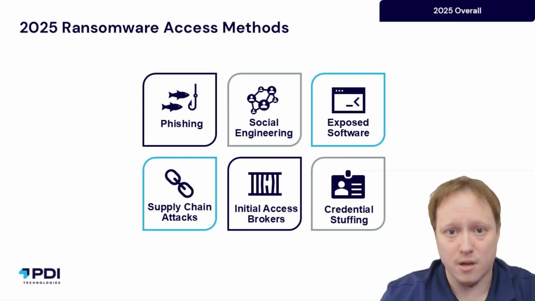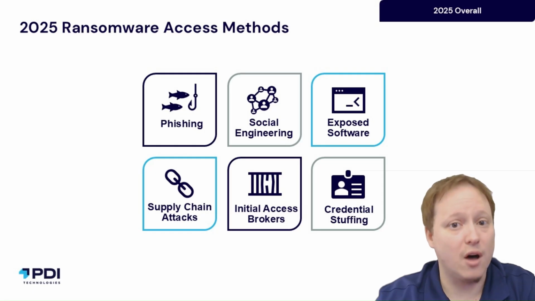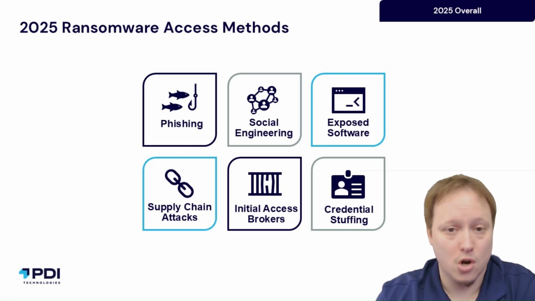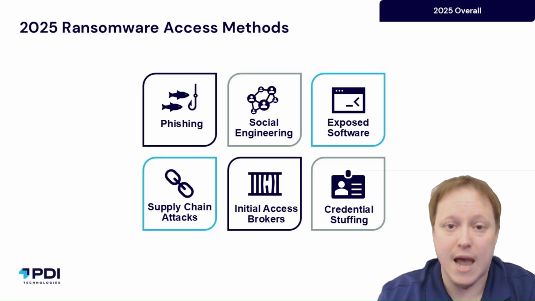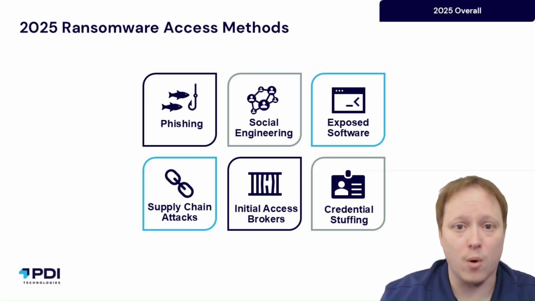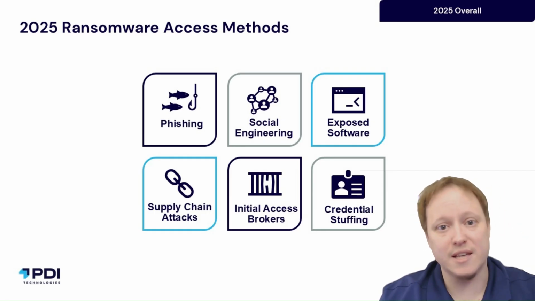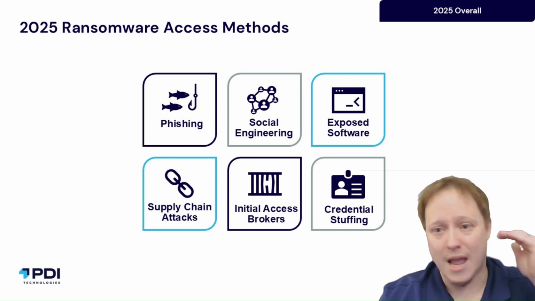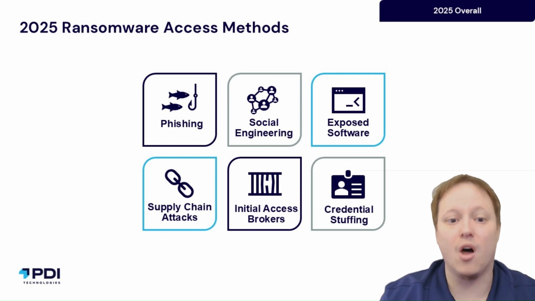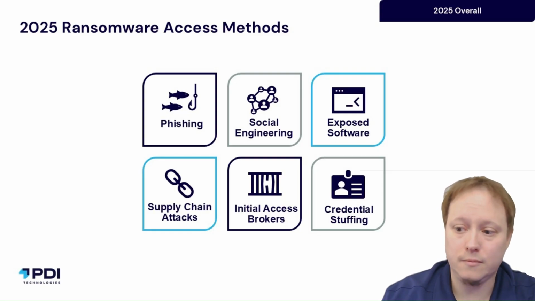But basically, it's these folks that go through, they launch the initial attack, they find their way into a network, and they don't want to do anything further with the attack. Once they've gotten that access, they resell that access to other operators who will then launch their ransomware attack or whatever attack they want to. And then lastly, still brute forcing or credential stuffing is a prevalent way. Threat actors will take these giant lists of usernames and passwords and just constantly try them against a login page to see if any of those are successful.